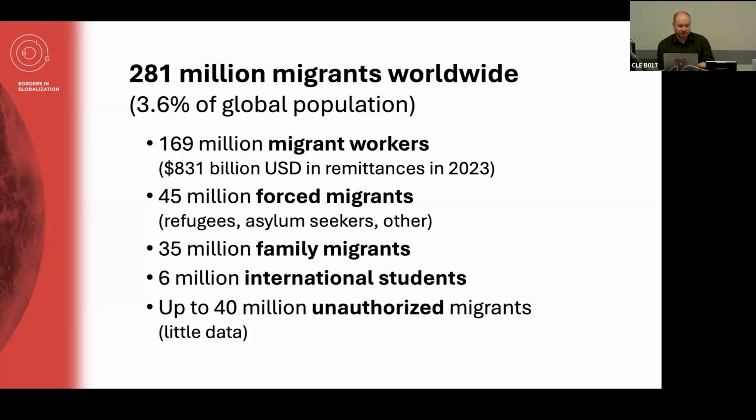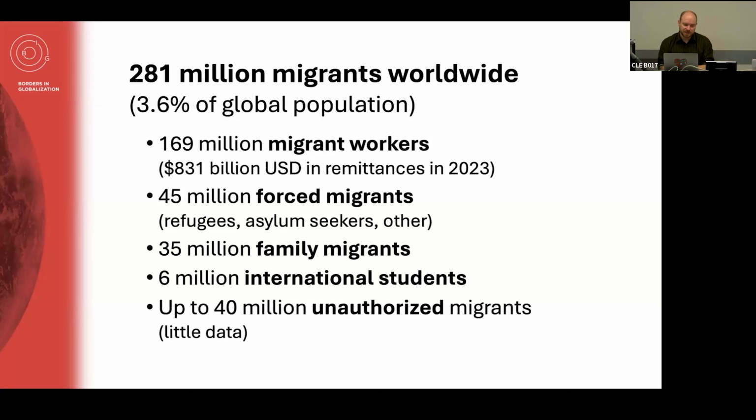So this includes the refugees who have been resettled, asylum seekers seeking refugee status, and a small number of other cases that are related to refugees and asylum seekers, but for various reasons don't fit neatly into international categories. We'll talk more about that when we look at the question of refugees and asylum seekers later this week. A large number, but difficult to pin down exactly, of the 281 million migrants are those who have come for family reunification or family unification. So spouses come, and children come, or parents will be brought over. And as those individuals migrate to join with their families, they fall into the category of family migrants.